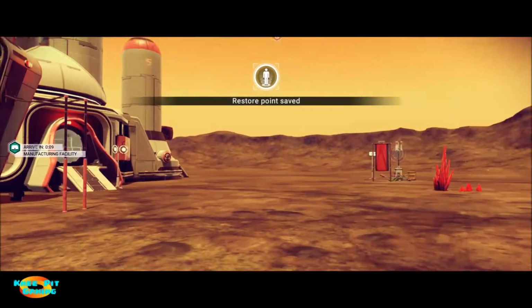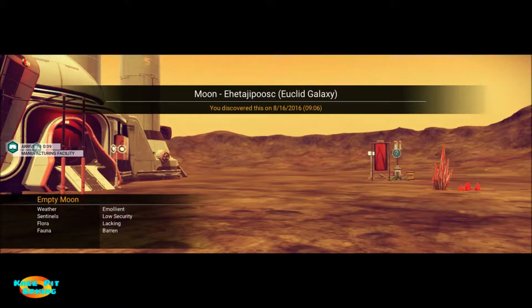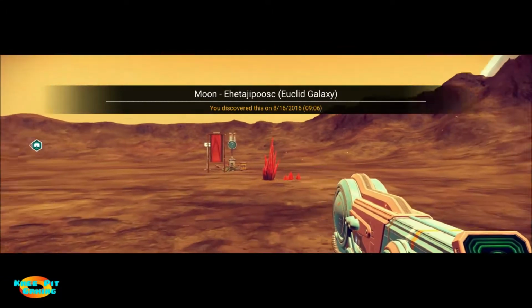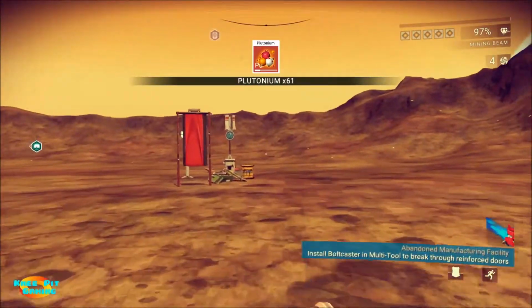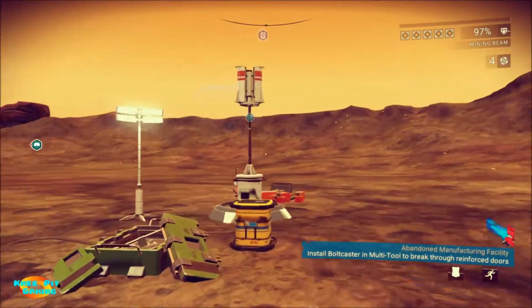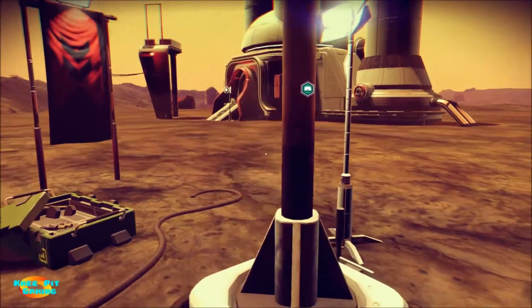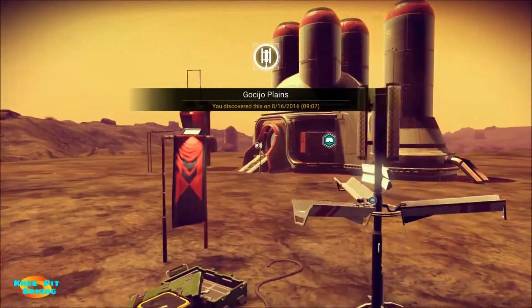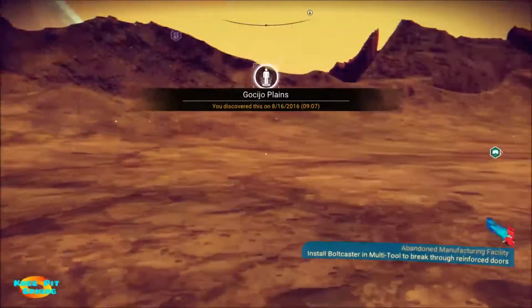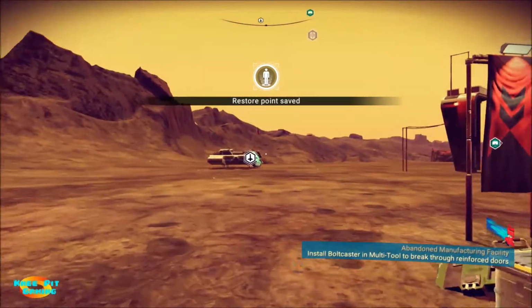All right, we'll go ahead and take care of this. All right, let's see. We're on an empty moon. Low security, doesn't have really much of anything. Not the worst thing in the world. Really what we're looking for here is this blueprint, and then we'll see what kind of resources we've got here. You know, we know we've got this type of a backdrop, so we'll see what kind of...